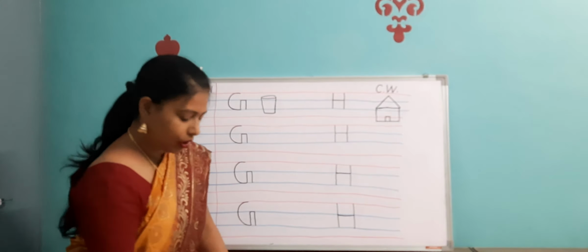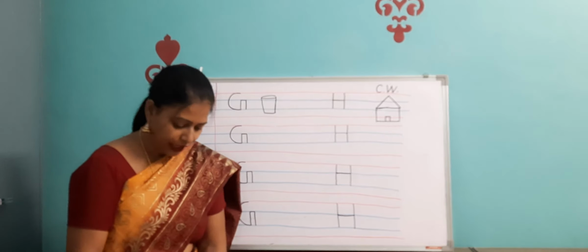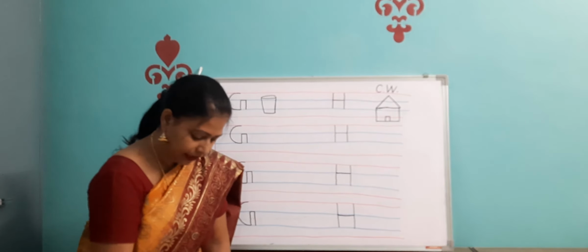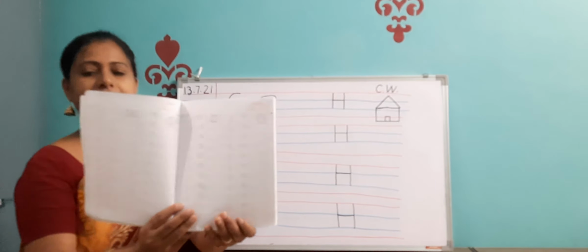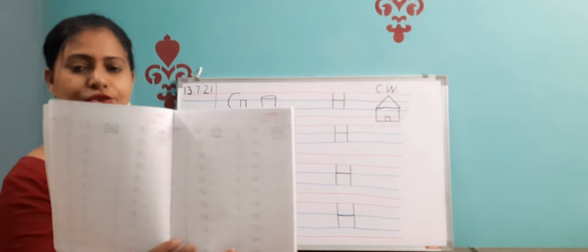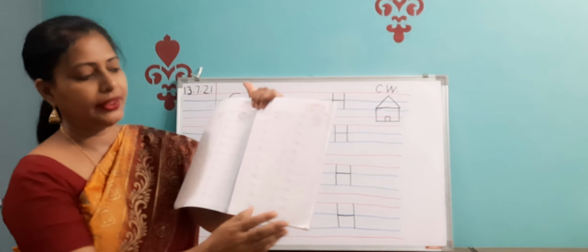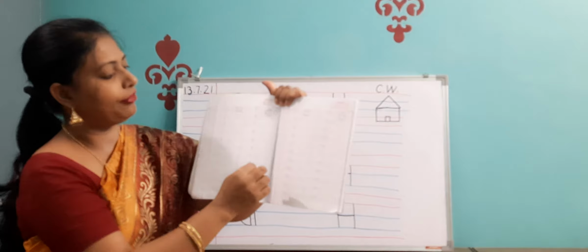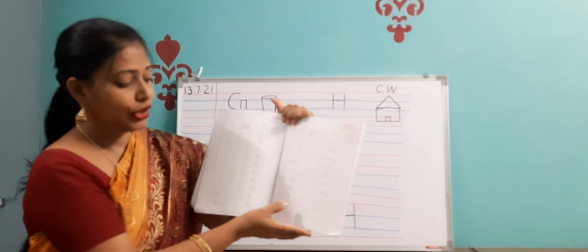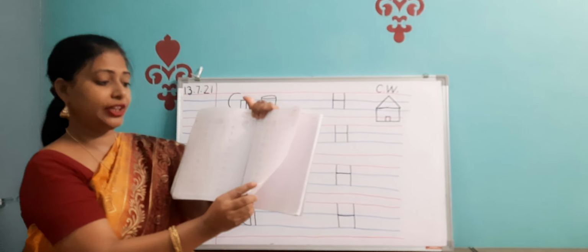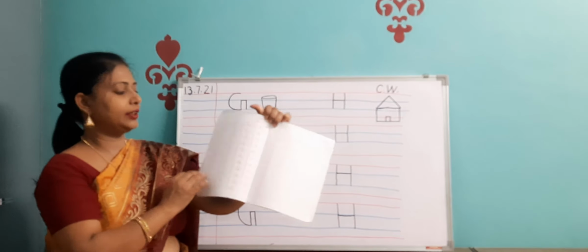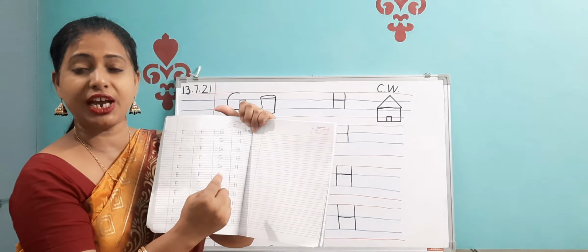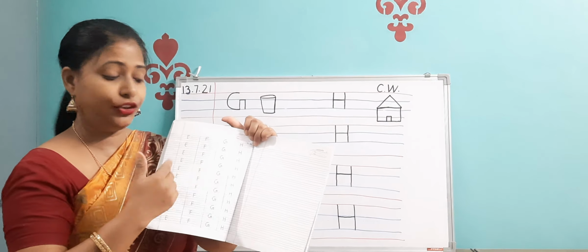Okay children, so I hope you all must have understood, and you are going to do this work very neatly as ma'am has done. Look here. Can you look? Okay, so this way you are going to do this work. Then after writing G and H, we have already learned E, F, G, H. Today I have taught you. Now you will turn the page. So you can turn the page, children. Now on the next page we are going to write all these four alphabets which I have taught you, E, F, G, H, in your copy.